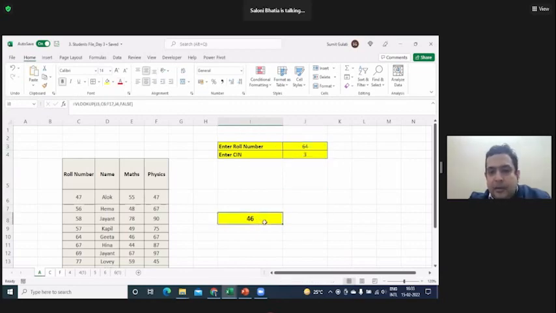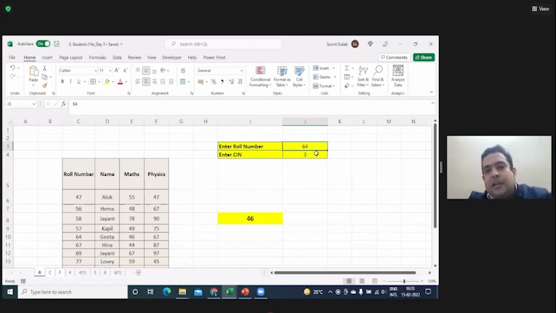Now you don't have to touch the formula. What do you have to change? Only the roll number and column index number. There are 50 people going for an interview and coming to the admin department and asking for their marks again and again. Many times it happens that someone asks you for the same data, a lot of people are asking for the same data by different identities. So what to do? Just sit here and keep on changing the roll numbers. 77, your marks is 59. 69, your marks is 67. Is it easier or not?